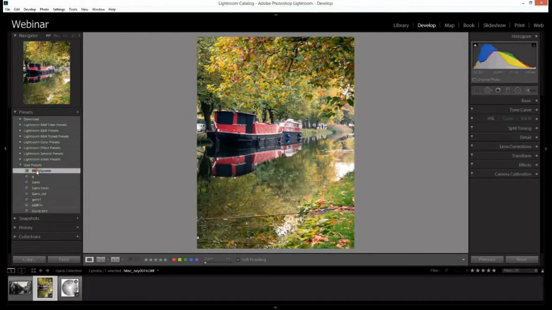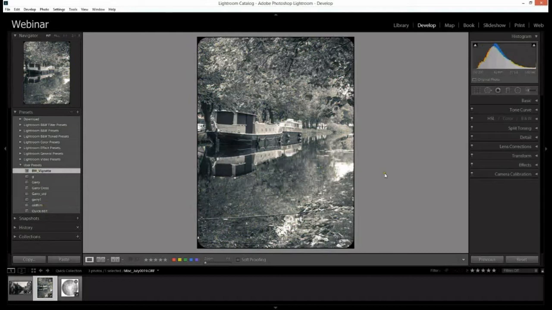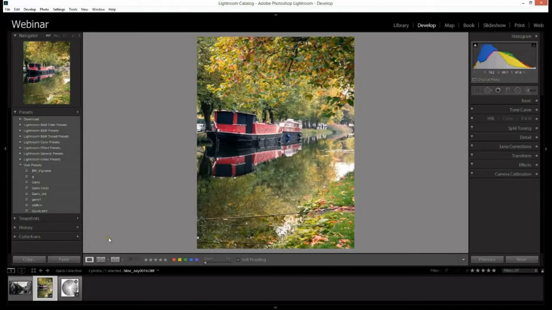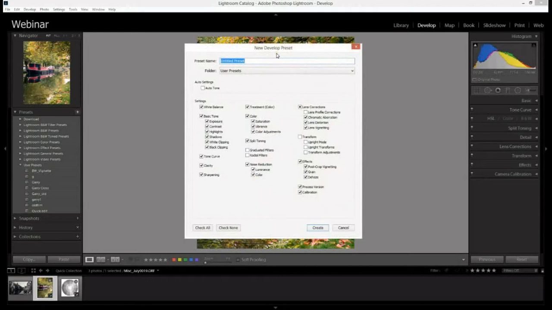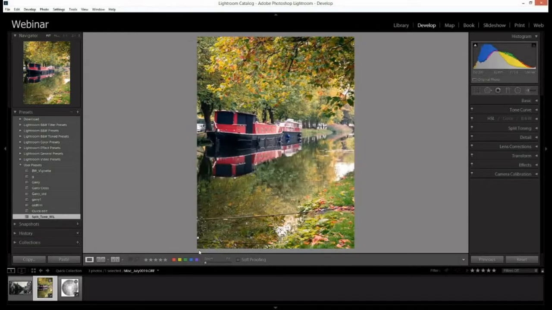So let's see what happens and the type of effect that I get. Okay, so it doesn't work as well on that particular photograph, but it's there ready for me to use whenever I want to. I'm actually going to save this effect here as well. I think it's a very nice effect too. So again, I go to presets, and I'm going to call this one split underscore tone, and I'll just call it split tone wheel, just so I know that it's my one, and I can click create. And now I can apply that particular effect to any other photograph